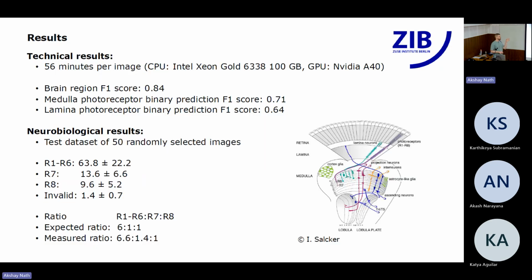So now we come to the results. Firstly, the technical results. The average running time for one image is approximately 56 minutes with the following setup, run on the cluster. And how does this compare to manual analysis? If we would analyze the image manually, we are not completely sure, but if I estimate from the time that was necessary to create the